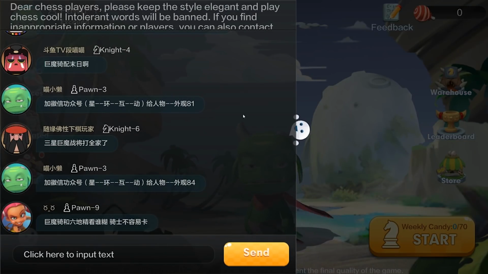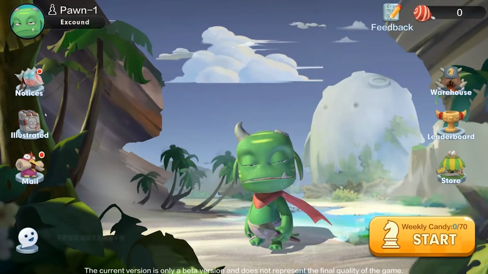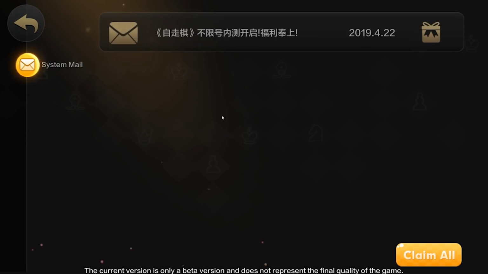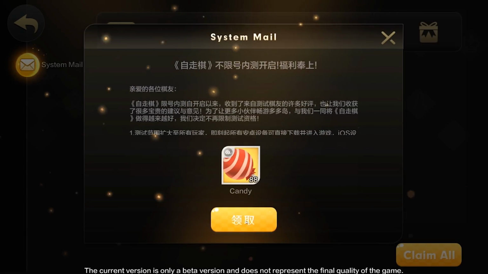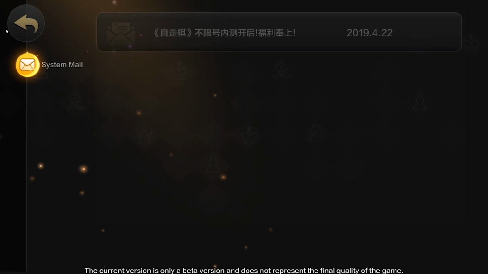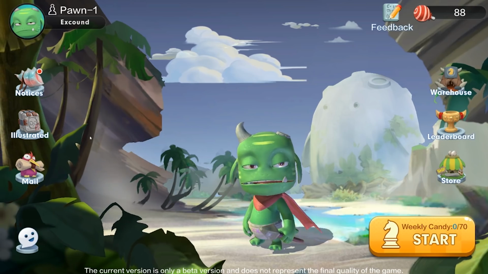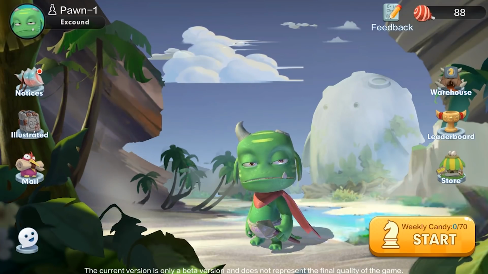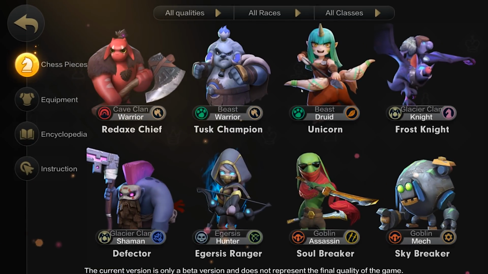And this, I'm guessing, will be the overall chat or whatever. Mail will have system mail, and you can see here, oh, I got Candy, great. I have no idea what Candy does, but I'm assuming Candy will be the thing that you can use to purchase things when that comes around. Illustrated is literally just your